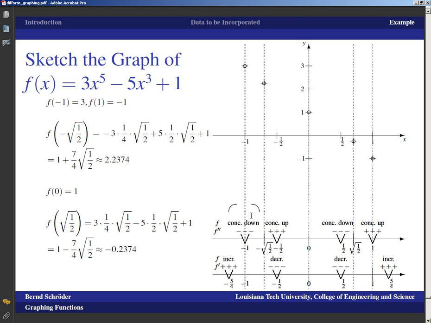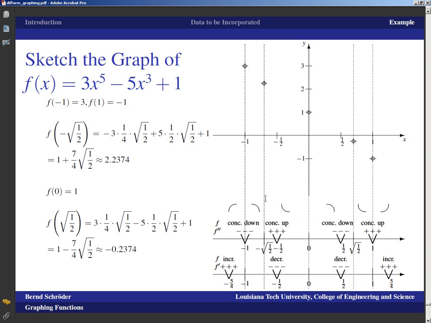In the next region the function is decreasing concave up, which looks like this. In the next region the function is decreasing concave down, which turns around this way. In the next region the function is still decreasing, but now concave up. And finally the function is increasing concave up. And as I said in a presentation where we didn't have differentiation rules available, well, this is now just basically